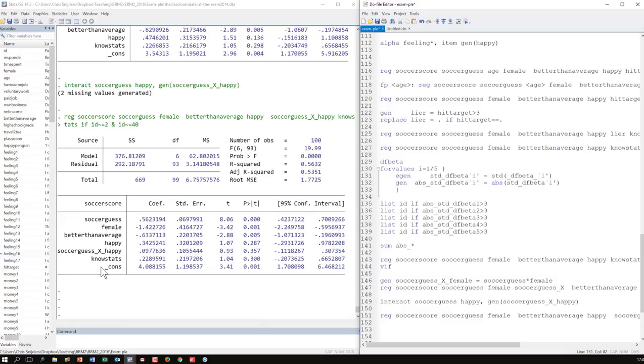Okay, have a look at the slides when we went through this command. But the most important thing to get here is, this allows you to do actually two things. First, to look at the effect of soccer guess as dependent on the happiness score, and the other way around as well. You can look at the effect of happiness as dependent on the soccer guess score. So there you could likewise argue the effect of happiness, all non-significant here, but is 0.3, and it is larger the higher your soccer guess is.